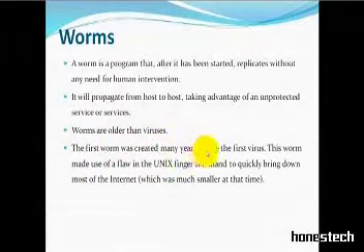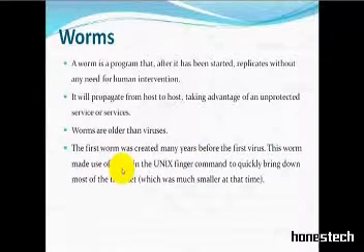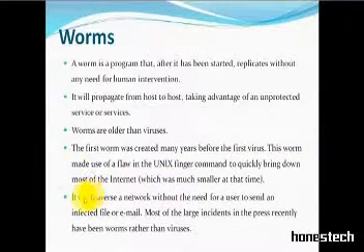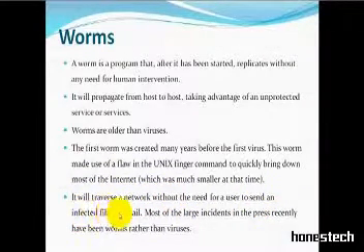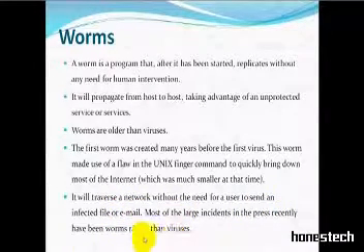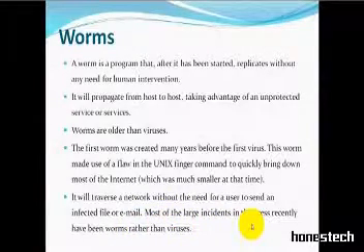The first worm was created many years before the first virus. This worm made use of a flaw in the Unix finger command to quickly bring down most of the internet. It will traverse a network without the need for a user to send an infected file or email. Most of the large incidents in the press recently have been worms rather than